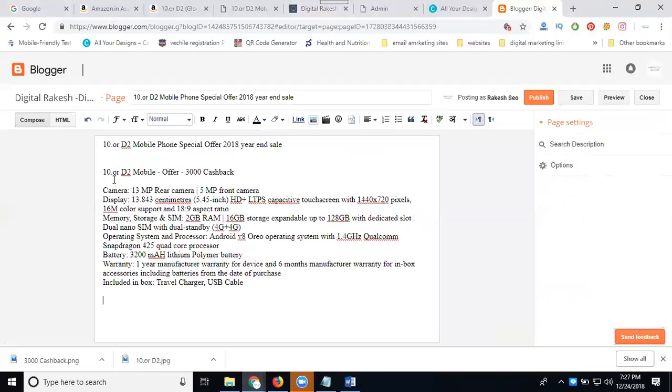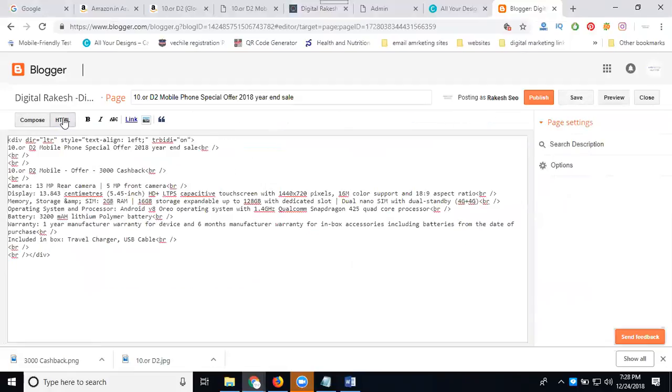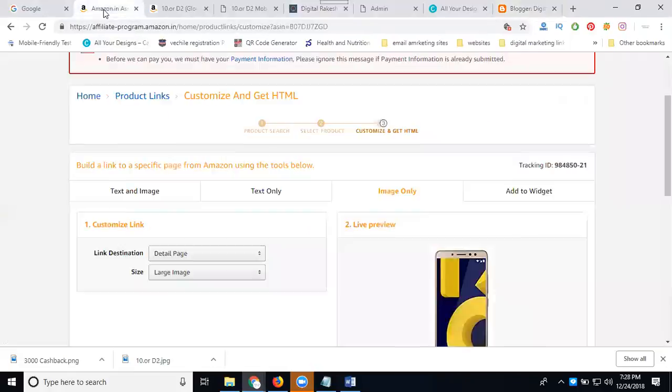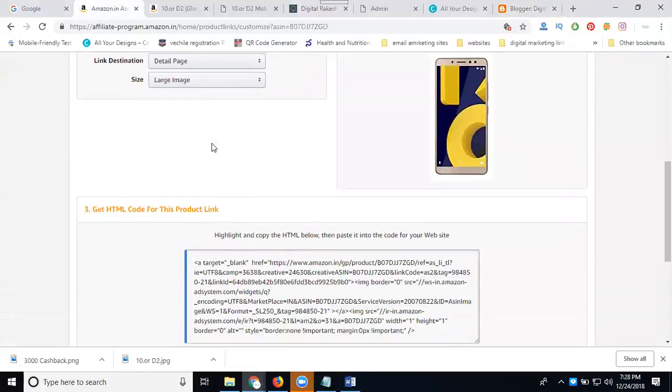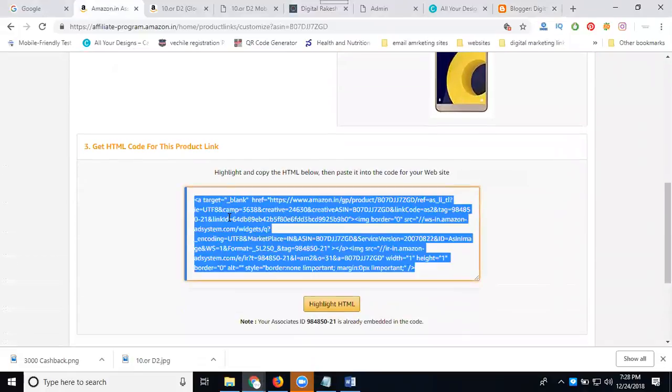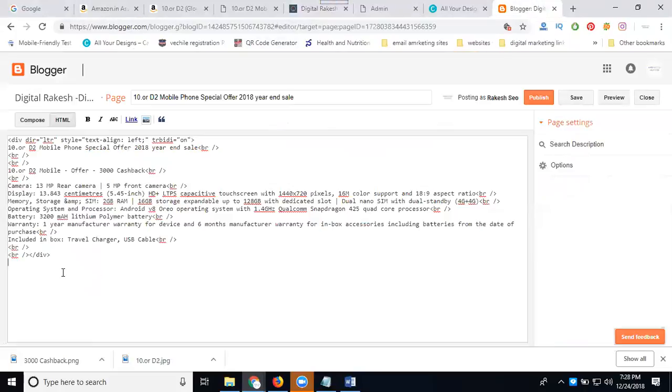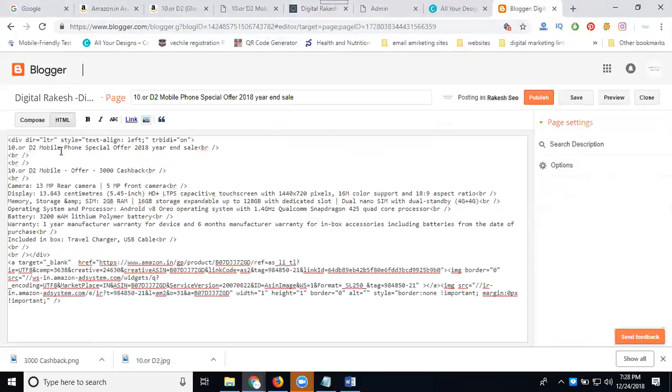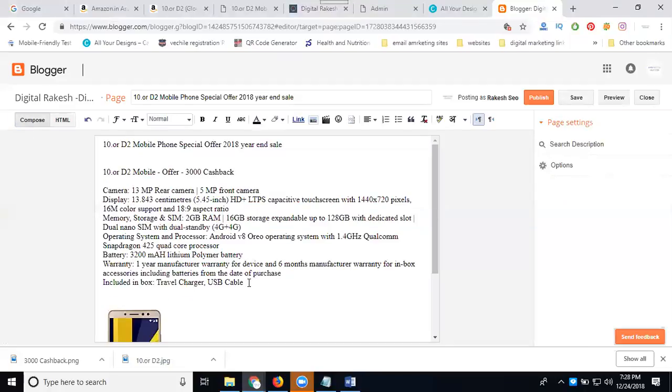After that, enable HTML for the HTML code. Why? Any product will be sold based on the HTML. Select it. Add it. For sale.